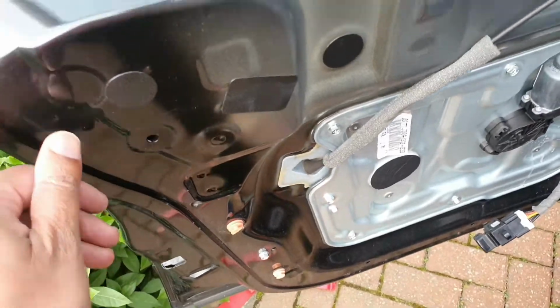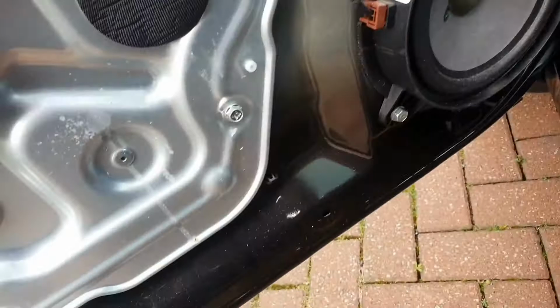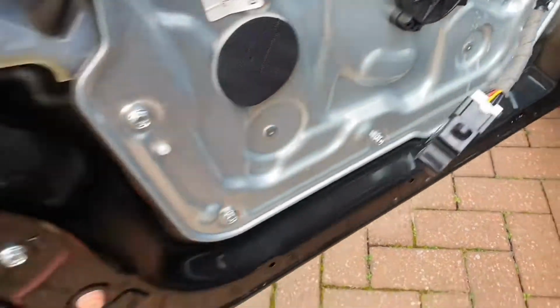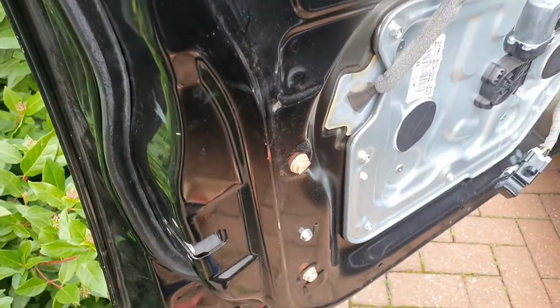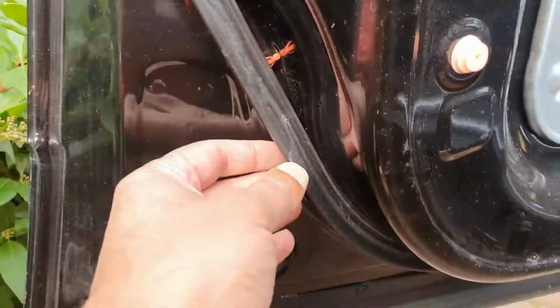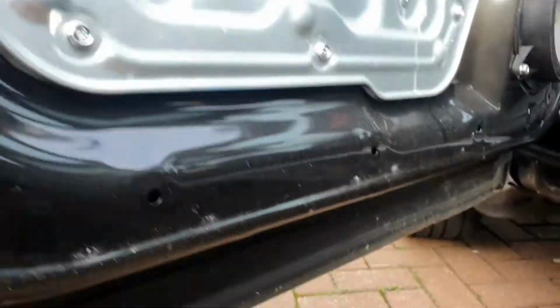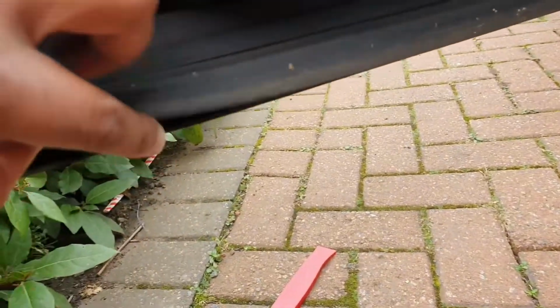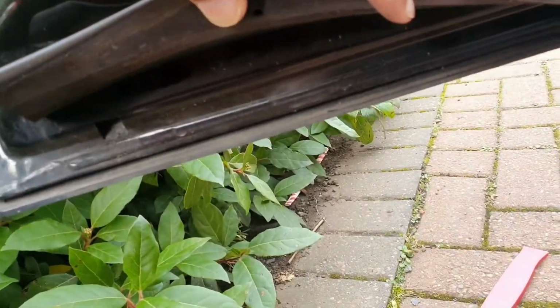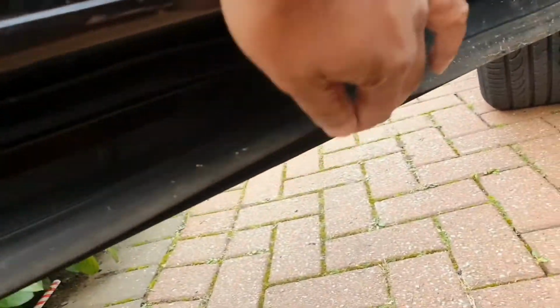Anyway, you can see here that I'm just giving a once over to make sure there's no rust on this. One second, and over here I noticed that this had popped out. So again, what I'm going to do is quickly wax this whole area up and make sure it's clean. I'm going to have a look underneath these trims here, and again give them a little wash and a wax over it as well,